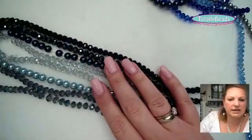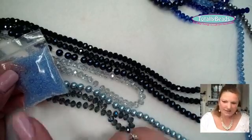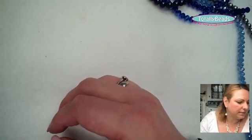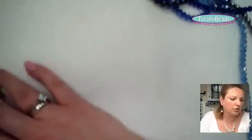Now each one of those kits have included some size 12 FGB, because you will see you need them at the end of your crystals. So that was the navy. The next one, oh, I love this one. This one I called